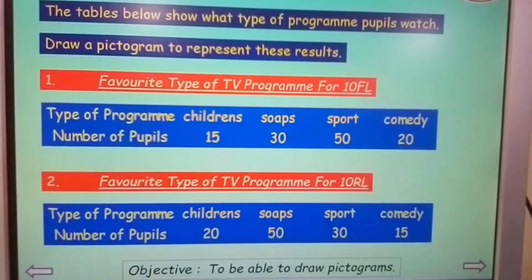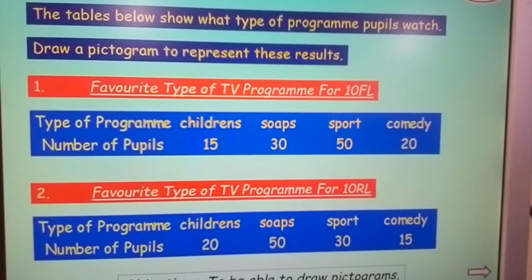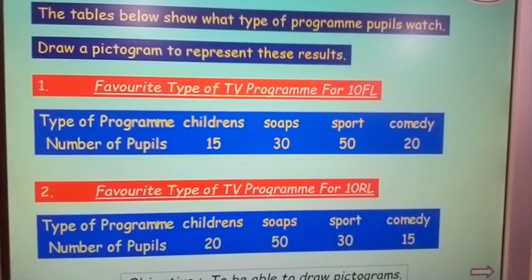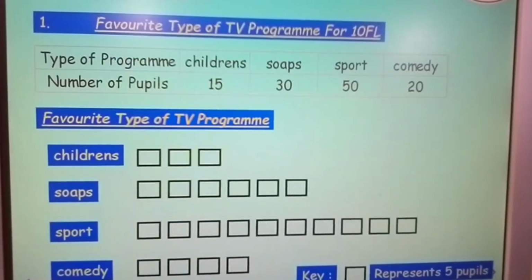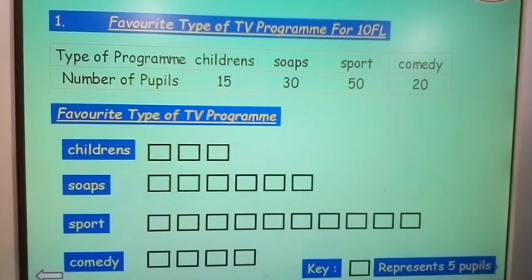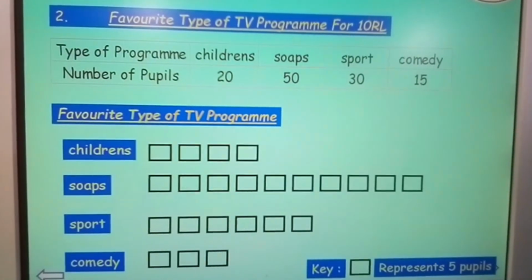Okay. Now again, you don't need me to stay too long on this, because a lot of this you would have seen already. Okay, the tables below show what type of program pupils watch. Show a pictogram. Okay, let's go with that. Okay, and you have your answers similarly as before. Okay, and data input,